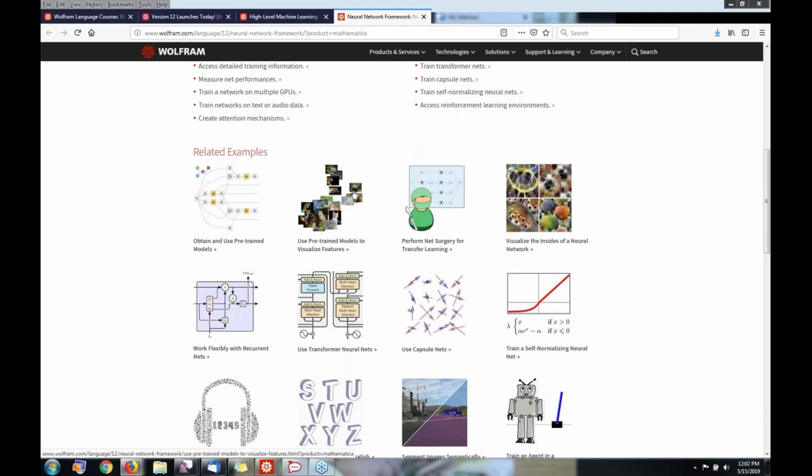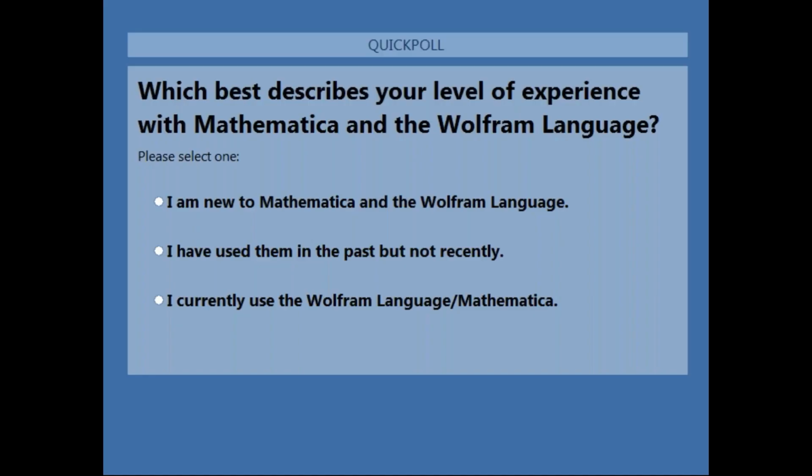So let's get started with a poll question that'll help us understand who is here in the audience with us. This poll question asks you about your experience with Mathematica and the Wolfram language. And we have a lot of people online with us. It may take just a few seconds for this poll to show up on your screen, but thank you for submitting your answers.